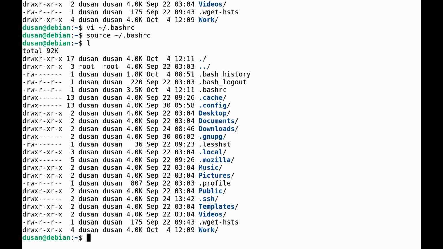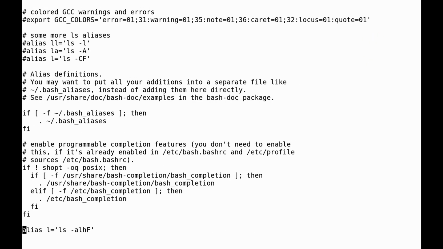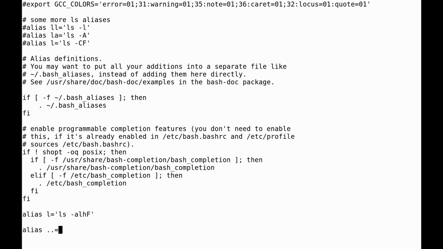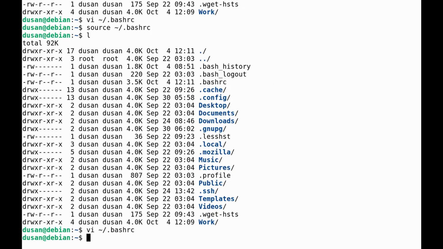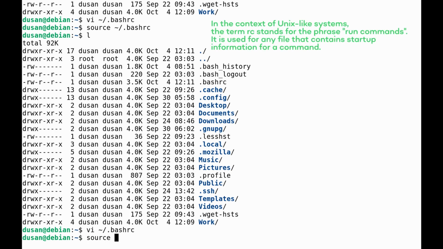I want to show you another cool alias that many people use. Let's open up .bashrc again and create an alias that will substitute .. for cd .. Again, we need to source the bashrc in order for the new alias to be in effect, but instead of